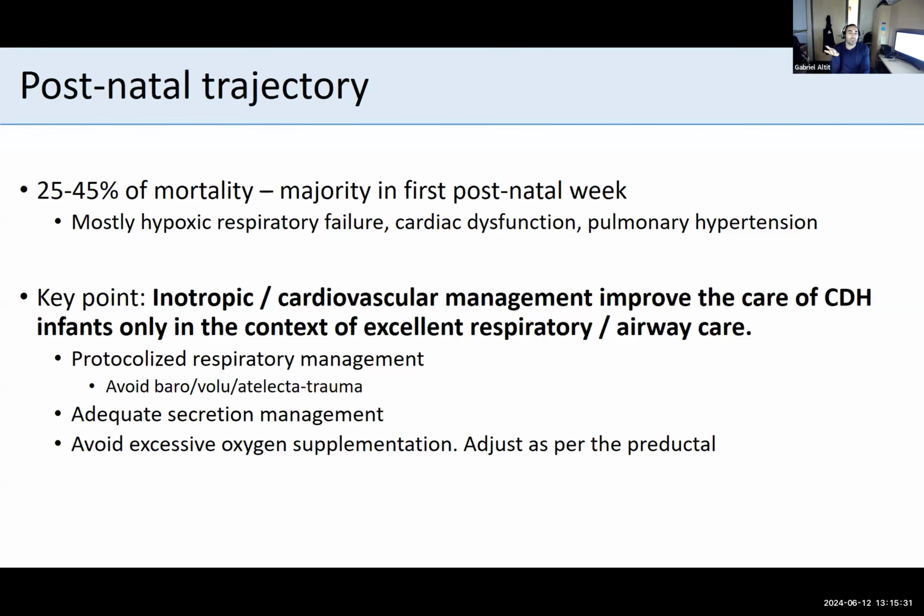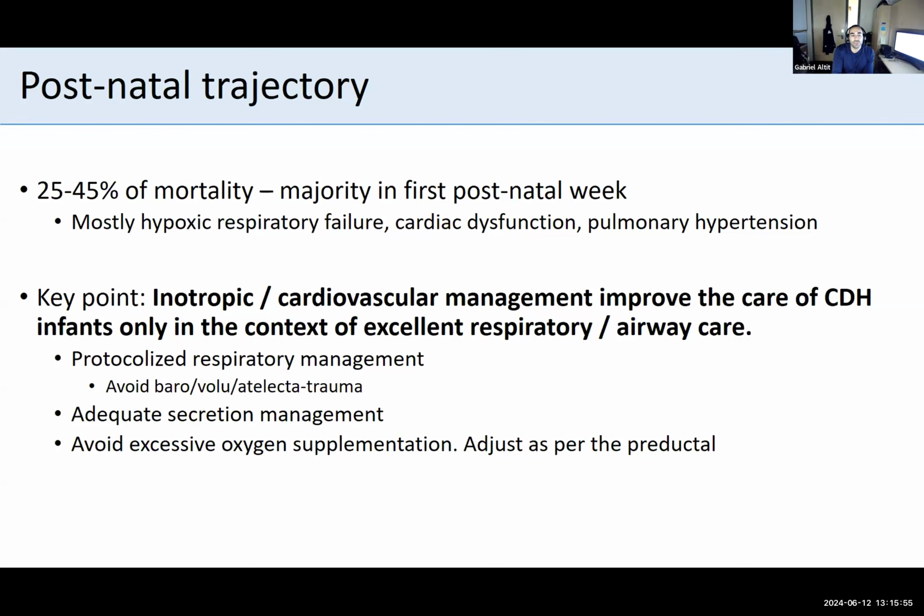And most of the time, what's been described is death from cardiac dysfunction or pulmonary hypertension or hypoxic arrest failure. And I think that's why, as a community, we're striving to find solutions in order to really provide crisp care for these patients as they evolve postnatally under our watch, in order to try to move the needle a bit and improve the degree of mortality in some of these